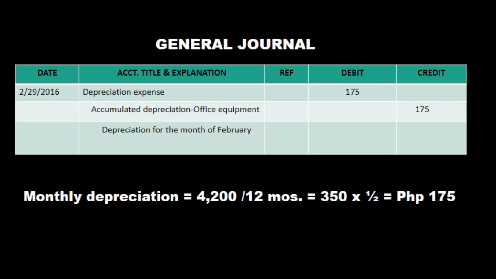350 pesos. And since the equipment was acquired in the middle of February, we need to multiply it by 1/2. So 350 multiplied by 1/2 gives the depreciation for the month of February, which is